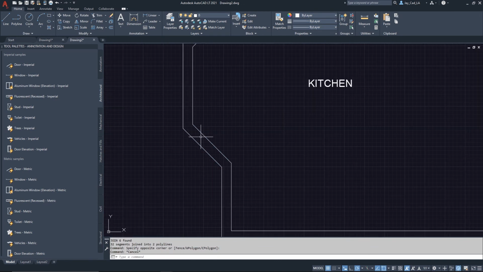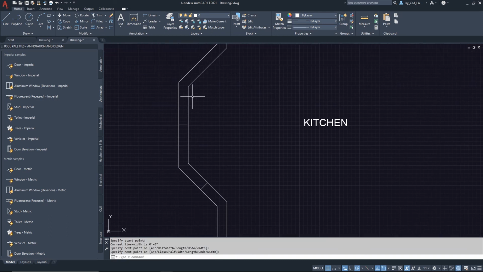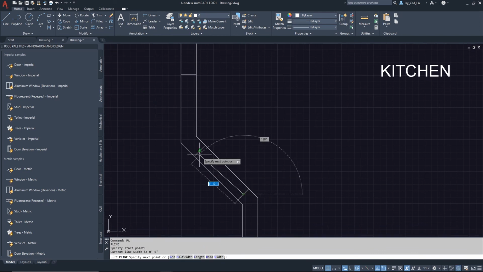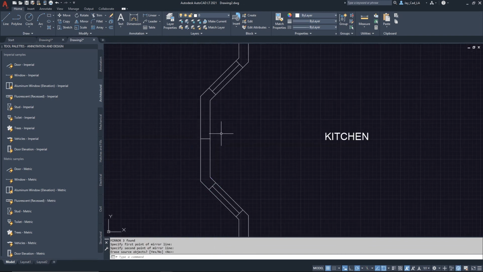All right, and now let's do some windows here. So I'm gonna connect from here to here, from here to here, and this one we can just mirror. So let's do an offset here by 12 inches. Maybe we don't have enough room. Actually we do. So this is like a window here, and then let's select the whole thing and mirror it from the middle point up to there, and then let's do another offset by 1 foot from here to here. Actually that's too little. Let's do 18 inches from here to here. So like this,